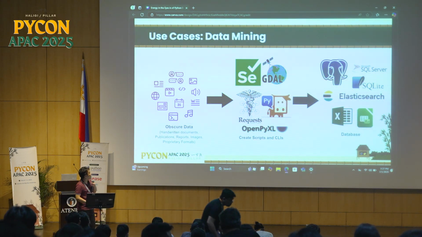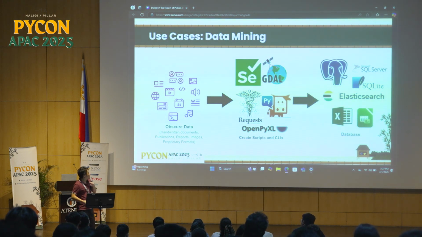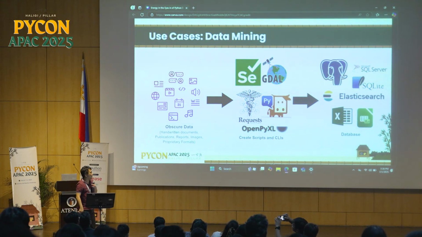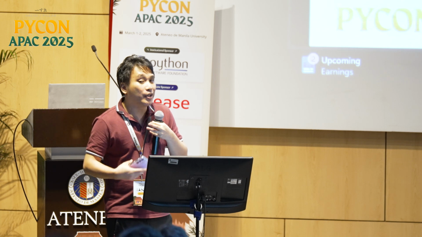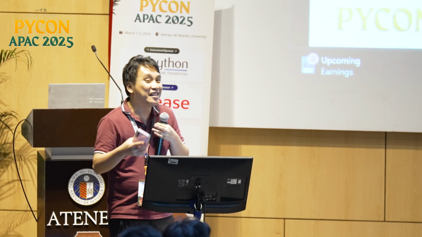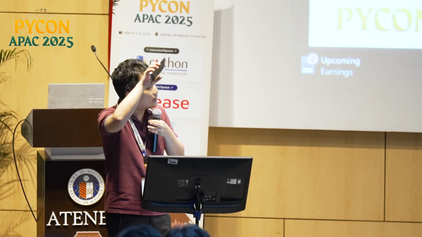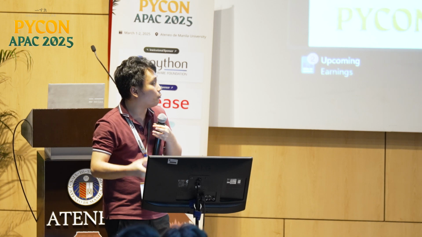So the first theme is, of course, you're going to do some data mining. Again, I've mentioned earlier about working with obscure data and very old data. Then you put it into some CLI, some script, some ETL pipeline, and you're going to put them into a database. Yes, in the energy space, Excels and spreadsheets are databases. And these are easy to work with because domain experts don't have the time to learn SQL. They need something very graphical, and you just highlight the data that you need to work on.